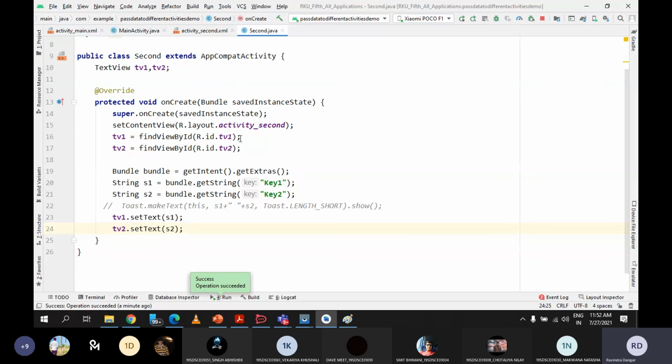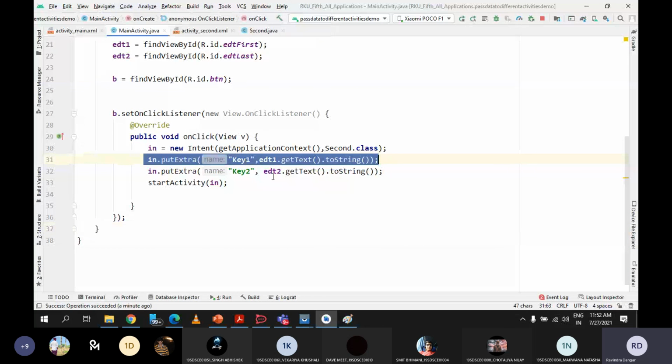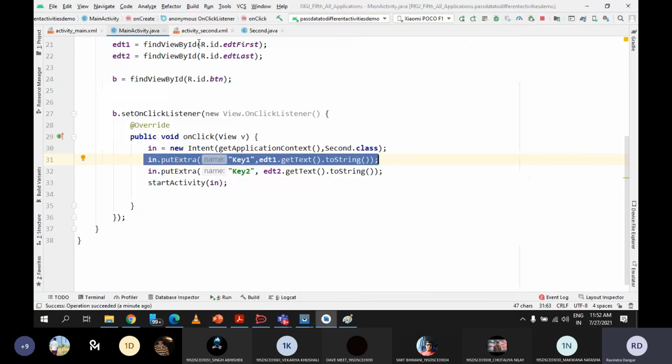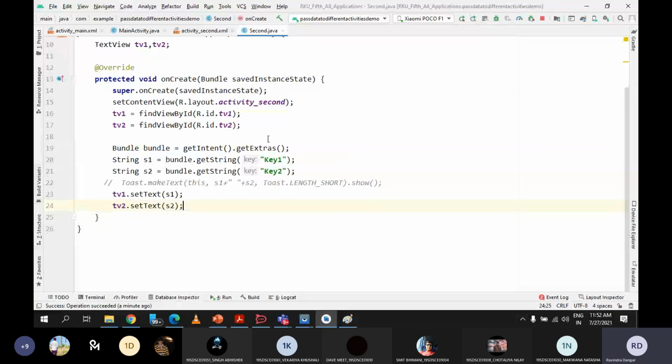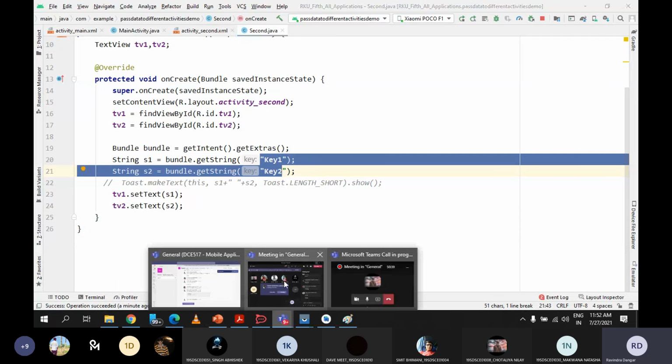And this is also a very useful thing. You just need to remember a few things. Using the putExtra method, you can put the values, and using the getExtra method, you can get them. But you need to make sure that you use the concept of key value pair. That's it. Is it fine?